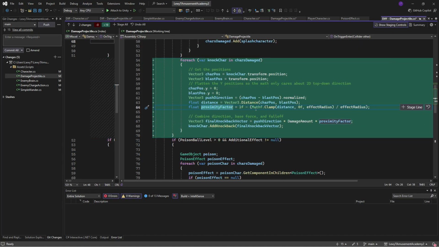Proximity factor is that distance. We're going to clamp it. It can't be less than 0 or greater than the effect radius, and that's the splash effect. And then we're going to divide that number by the effect radius, and then we're going to take that number and subtract it from 1, and that will give us a number that goes from 0 to 1 based on how close you are. So if you're closer, it'll be a bigger number, and if you're further away, it'll be a smaller number